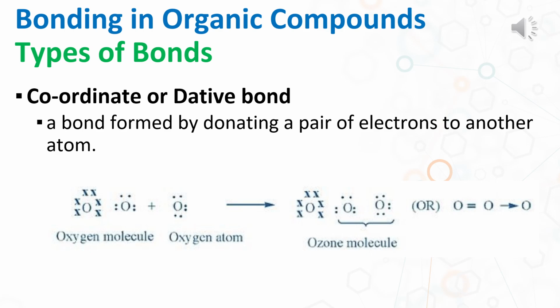This is one of the special types of bond. This bond is formed when one atom donates both electrons needed to form a covalent bond, while the other atom simply accepts them. A good example for this one is the formation of the ammonium ion, NH4 positive, where the nitrogen atom will donate a lone pair of electrons to a hydrogen ion. Therefore, you'll have the forming of the coordinate bond. Okay? Copy?